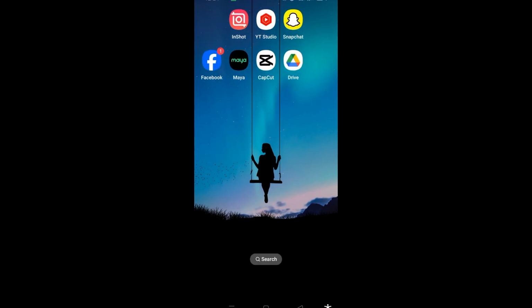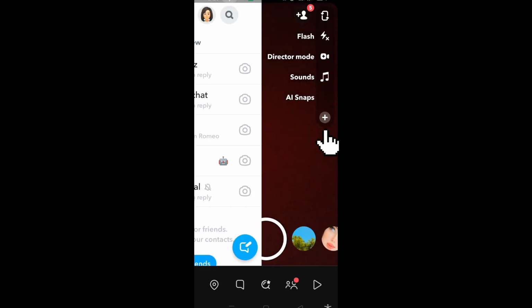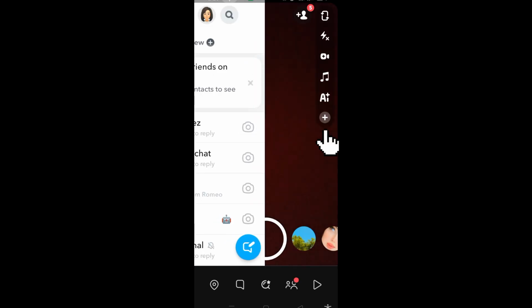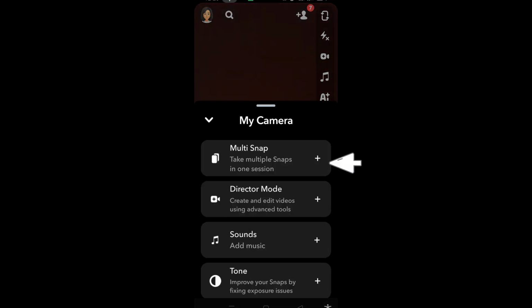Hi everyone, in this video, I will be showing you how to fix the Snapchat multi-snap option not showing. In case you can't see this option in your Snapchat, I'm going to show you some methods on how to fix this one. So what you're going to do here, if you can't see this multi-snap, you just have to simply exit